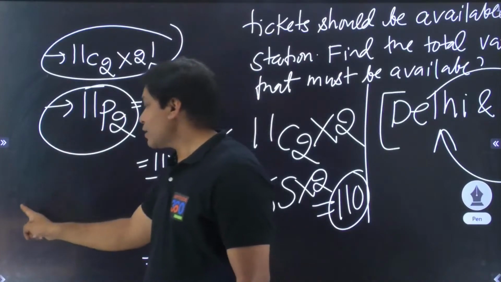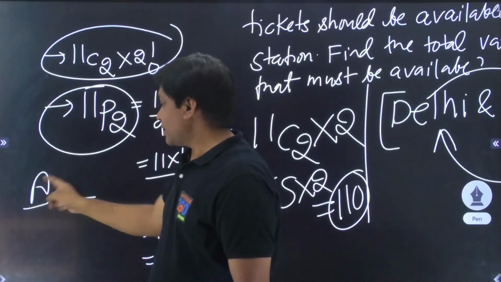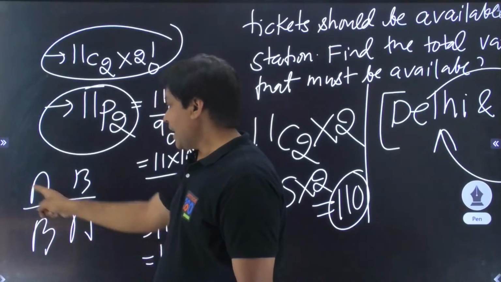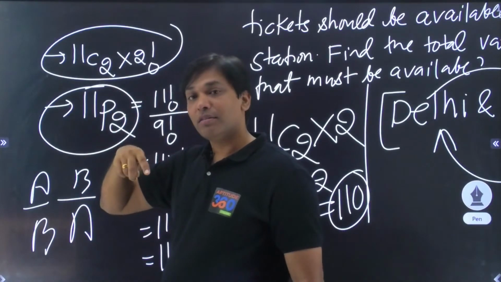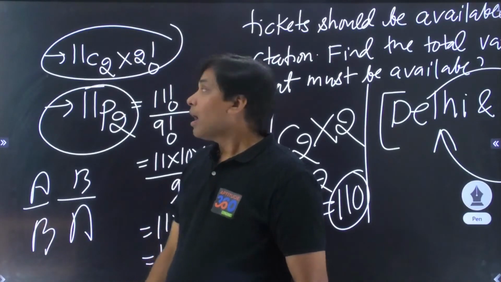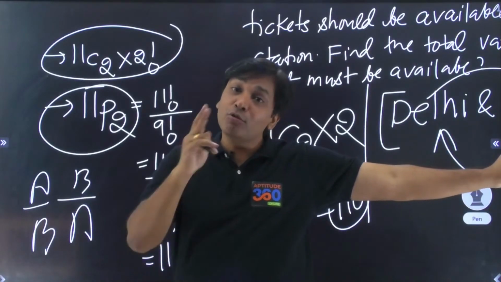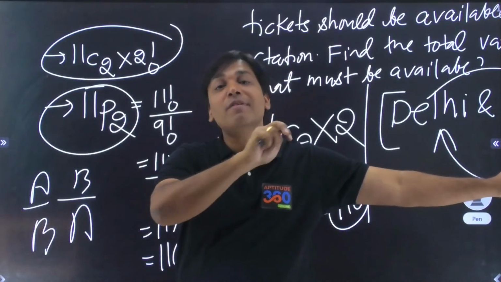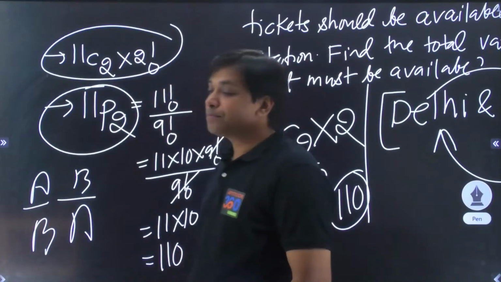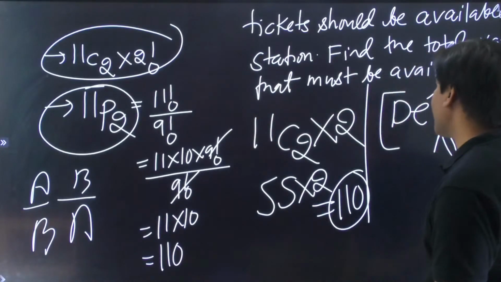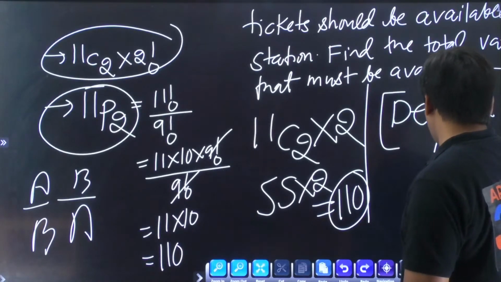Either what is that you should do? Either you select 2 items and then you do the arrangement। भाई A से B का टिकट, B से A का टिकट, दोनों अलग अलग केसेस, सेलेक्ट किया, अरेंज किया, या तो 11P2 सीधे सीधे बोल दो, या तो आप बोल दो कि भाई 11 में से 2 आइटम्स को आपने सेलेक्ट किया and then उन 2 को 2 प्लेसेस पे अरेंज किया। In how many ways you can do that arrangement? 2 factorial ways, and that is also an answer, right? चलो जी, if you understand this thing we should move ahead and try to simplify this problem out, and this is such a good problem. ये वन ऑफ माय फेवरेट प्रॉब्लम्स है।